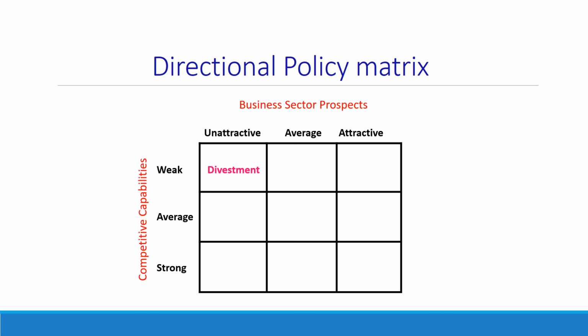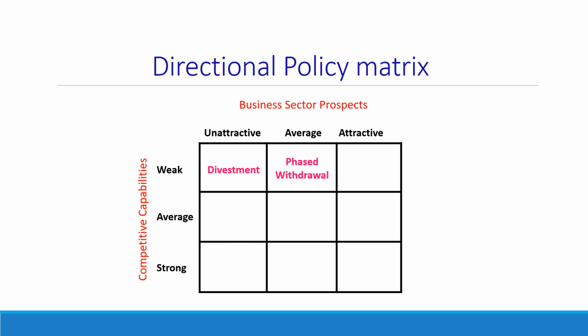The second type of cell, or the second type of choosing strategy, is where the business sector prospects are average and the competitive capabilities of the business are weak. In that case, that unit can choose phased withdrawal, that is step-by-step withdrawal, because the business is not likely to earn enough as compared to other businesses in the portfolio. So they can withdraw from that business area step by step,